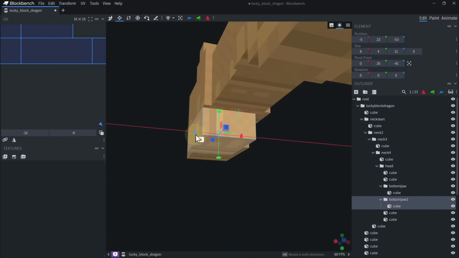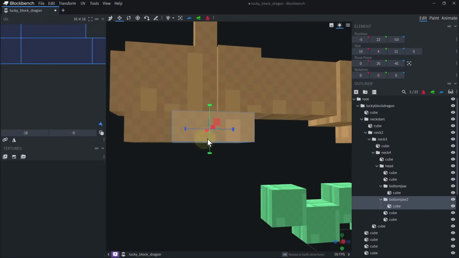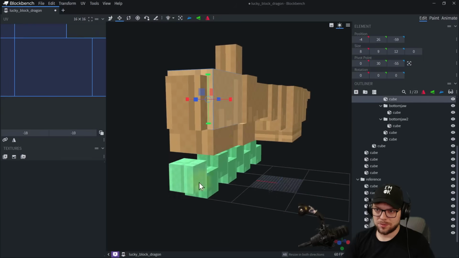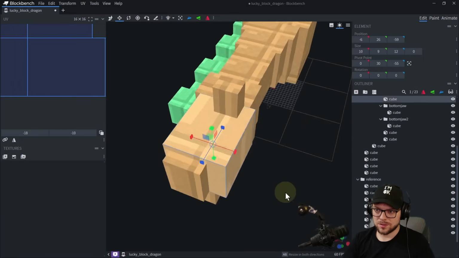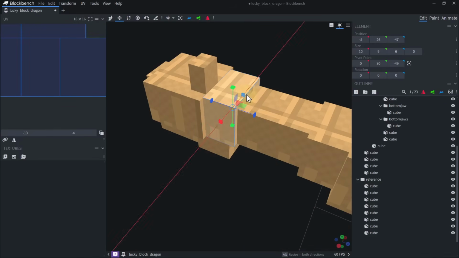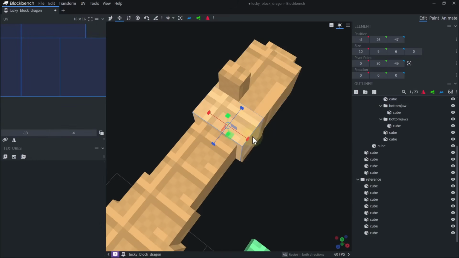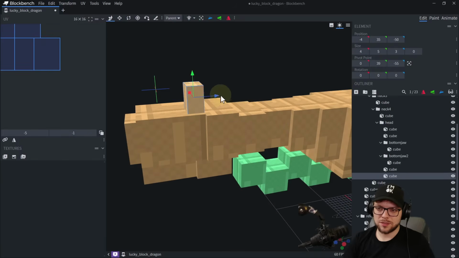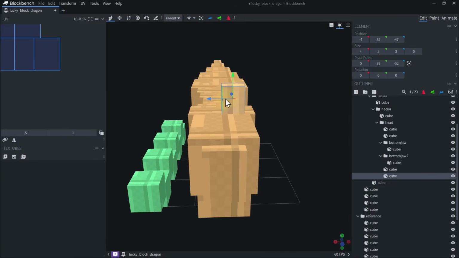I could make it wide as well. Yeah, that seems like it could work. Like that. And then up here, go wider out, probably. Alright. And this was going to be an eye, but I'm not sure how much of a fan I am